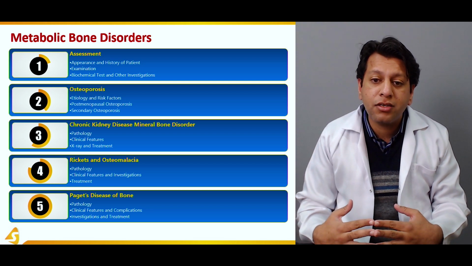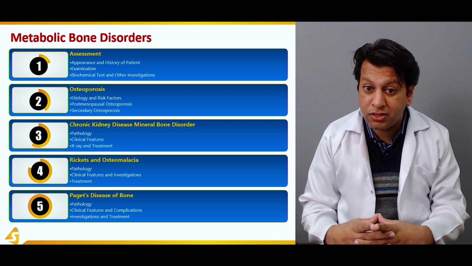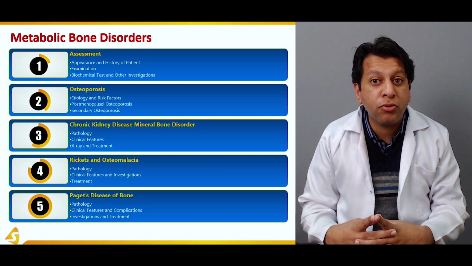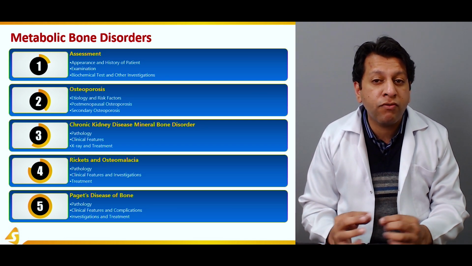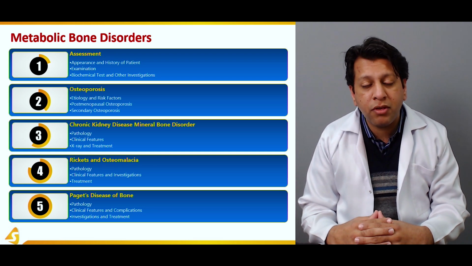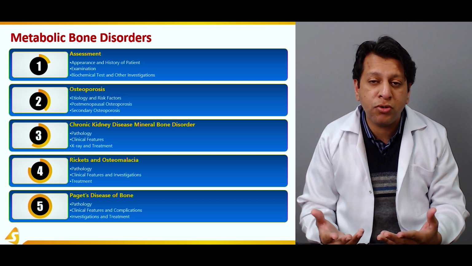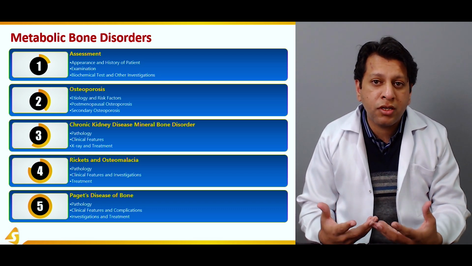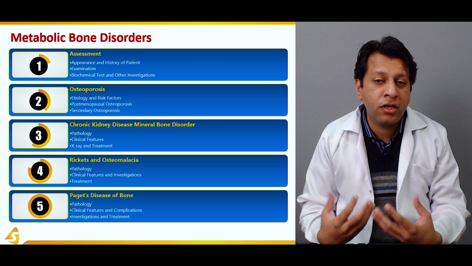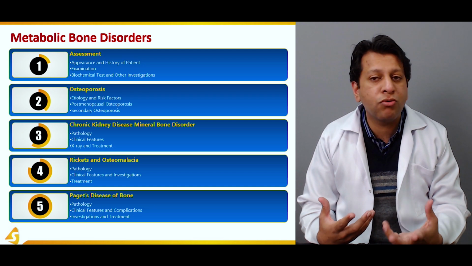Then in the second section, we'll be going through osteoporosis. We'll be briefly discussing its etiology and its risk factors. Postmenopausal osteoporosis we'll be specifically focusing on because usually it's very common in elder females, especially in their 50s and 60s, and they have a tendency because of a decrease in estrogen and progesterone in their body. They usually tend to have increased traumatic injuries due to trivial falls.